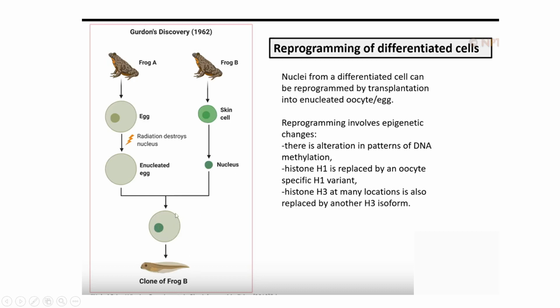That was one of the experiments, and this is actually a Nobel Prize winning experiment. For that, he got the Nobel Prize. From this discovery, the field of nuclear transplantation emerged. Induced pluripotent stem cells and all those fields were derived by taking help from this experiment. And there are many medical applications of this discovery, although it is illegal in humans.